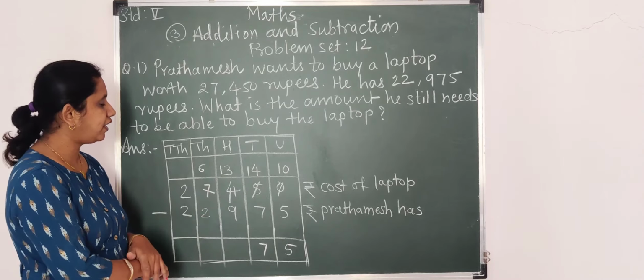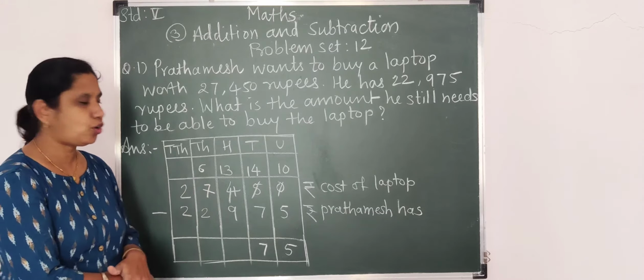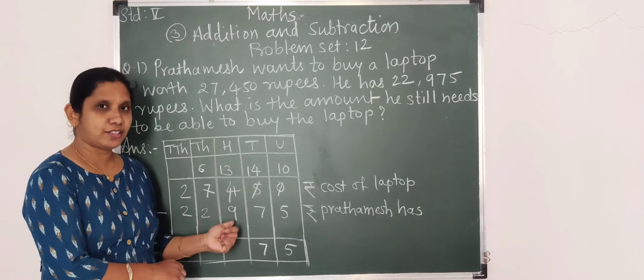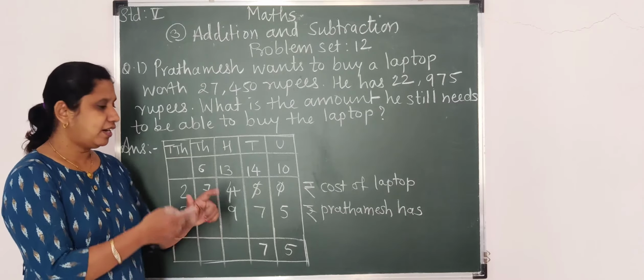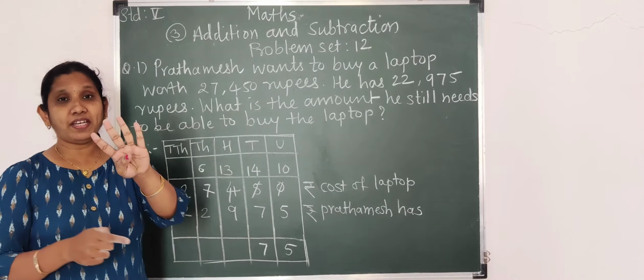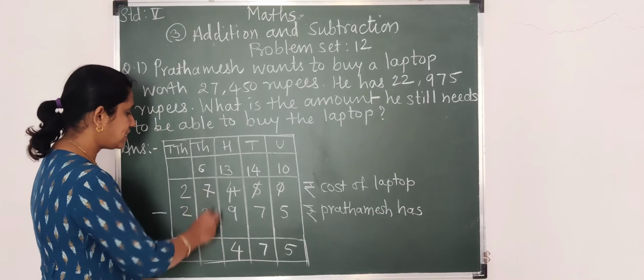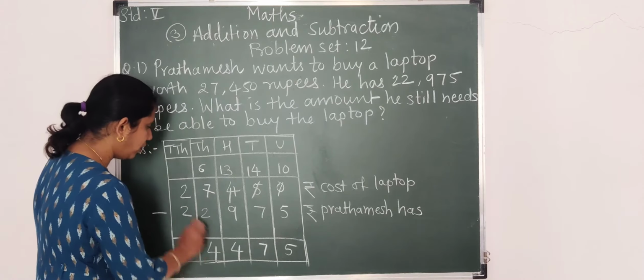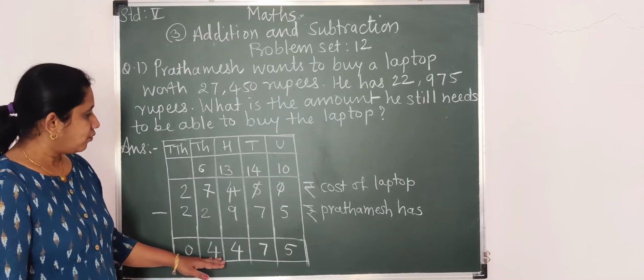10 plus 3, 13. 13 minus 9. Whatever big number, now do not worry. Start counting numbers from the 10. Next number of 9. 10, 11, 12 and 13. So how many these are? 4 fingers. So write here 4. 6 minus 2. Yes, 4. 2 minus 2. 0. So he has